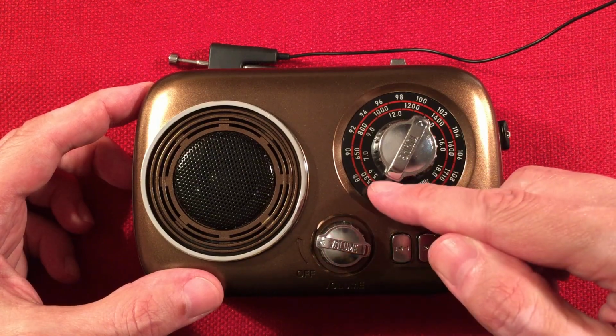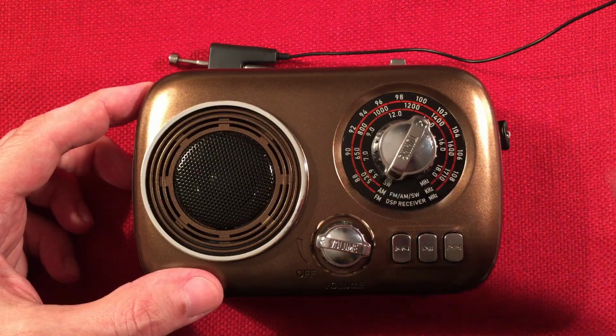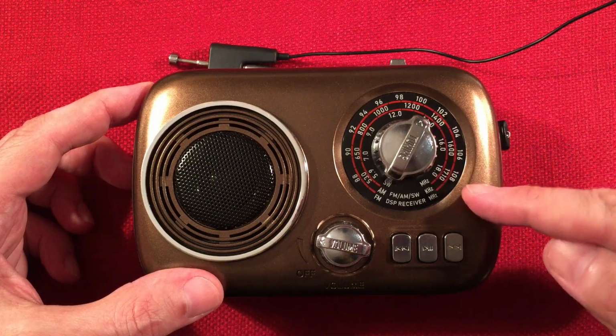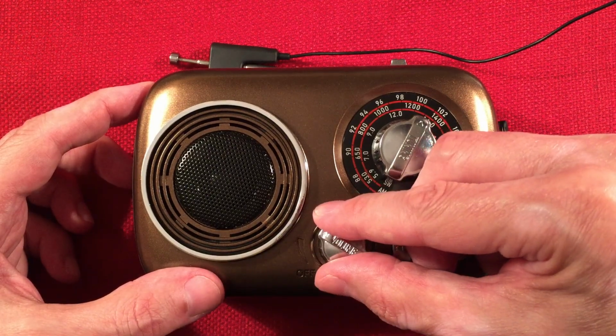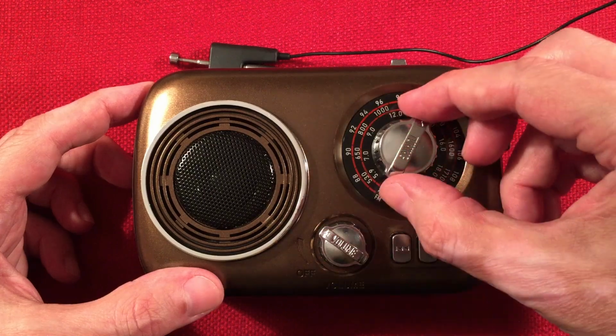So this is 5.9 over here, up here on the hidden segment. Isn't that cool? So I think it goes to 8 megahertz because, yeah, that's right. I wasn't able to get WBCQ at all. And of course, what usually happens,